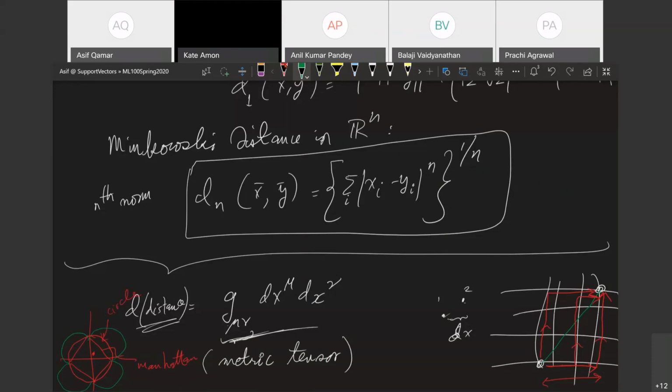And Asif, I see the distance with the bulb green, it's much larger, right? The distance between those 2 points. Yeah, it is counterintuitive. What you're saying is that even if far away points are actually at unit distance in the fourth or fifth measure, then what it means is that somehow the far off points have been pulled in. See, think about this. If you're going by the red path, it is a pretty long path. When you go by the green path, in a way, this distance has been pulled into a shorter distance, isn't it? In absolute terms, the value is shorter.